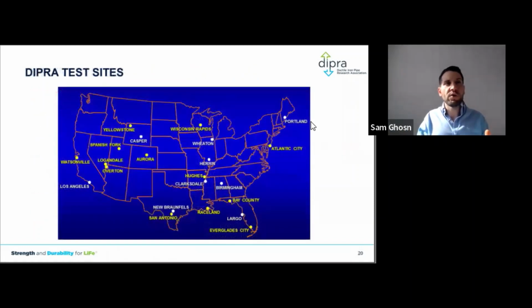How did we learn about corrosion at DIPRA and our member companies? Through our test sites. We have test sites across the United States, and we have one in Canada as well, where we buried iron pipes in different environments, and we tested them over the years. Some of the most aggressive environments, Atlantic City and Everglades, swamps, water table, very low resistivity, and anaerobic bacteria. Perfect environment for corrosion, folks. You bury an iron pipe in that environment, it will be gone in 15 years.